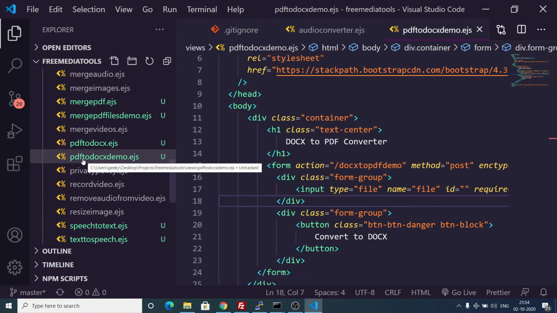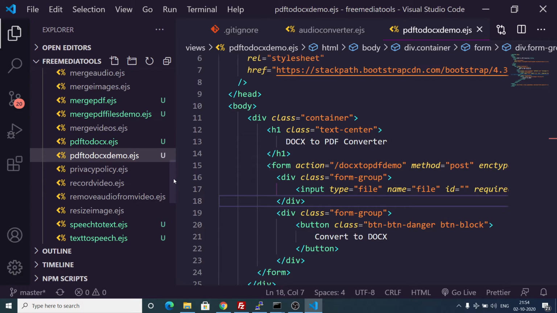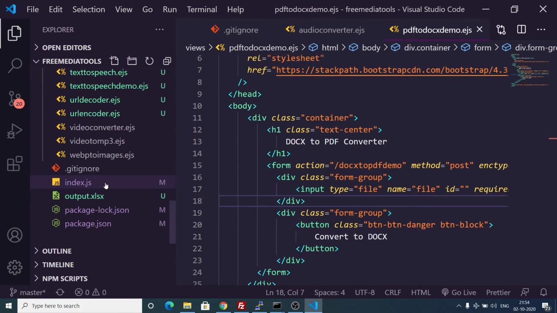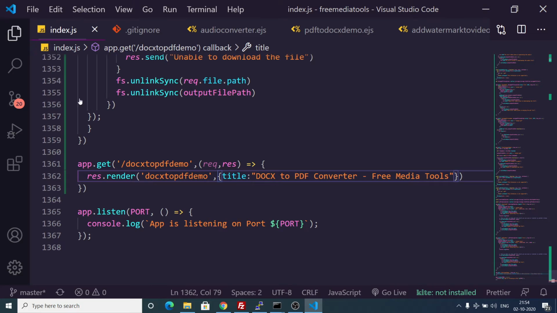So the name is PDF to docx demo dot ejs. So if I go to it, why is it not loading this file, docx to PDF demo? It should load it. So if I once again try it,